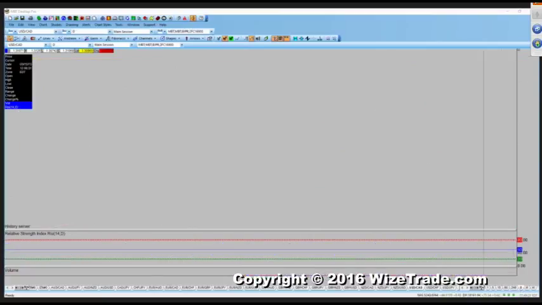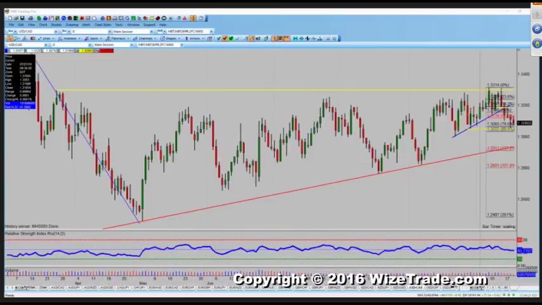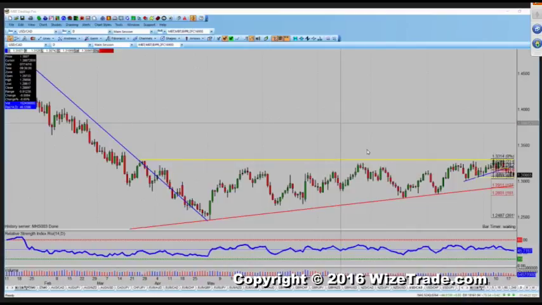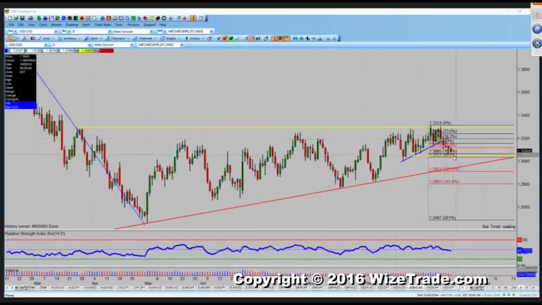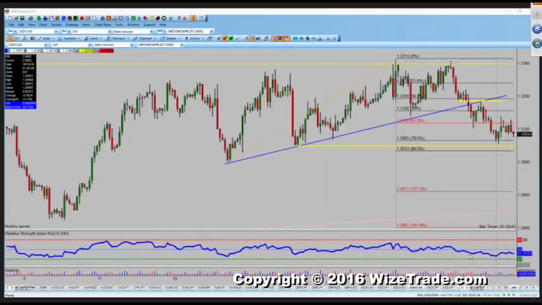Bigger picture, the dollar Canadian. Okay, let me get rid of this really quick. I don't know what that's there from. Bigger picture, really support doesn't come down here until like 129 and change. This is where I'm more interested to be on the long side in the dollar Canadian, frankly. I don't know if we're going to get down there, but I'm more interested being long down here versus where we're at right now, at least based on the information that I have currently.